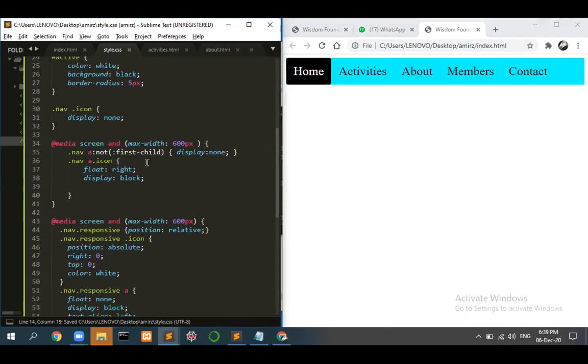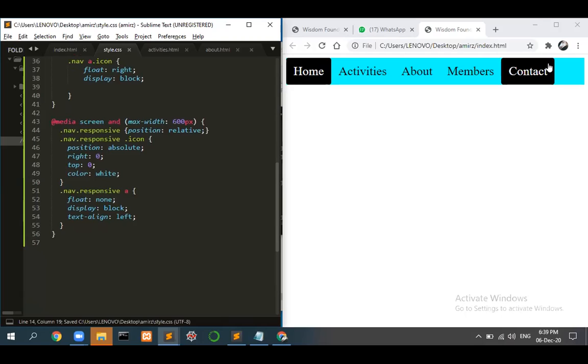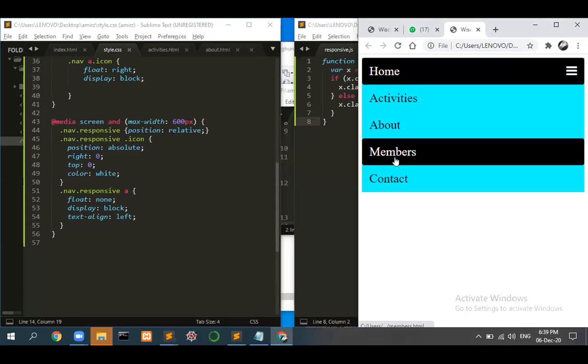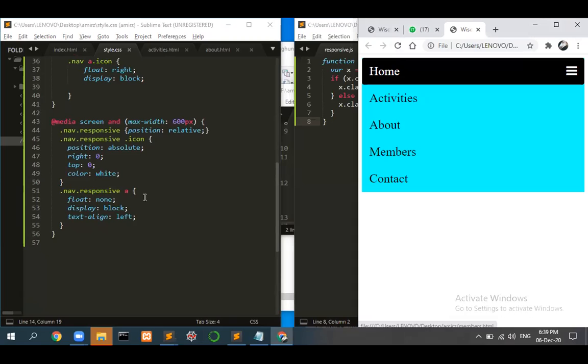So we have added it over here. When we click this particular hamburger button, but just make it even more small. What should happen is our text should have a block sort of display, and the position should be absolute. So absolute position, what does it do? It just occupies the entire space, and it removes itself from the display which is being seen in your browser. Okay, so if I make this text-align equal to center,